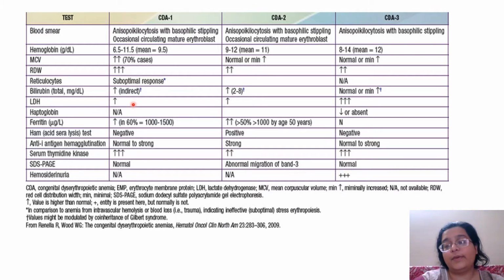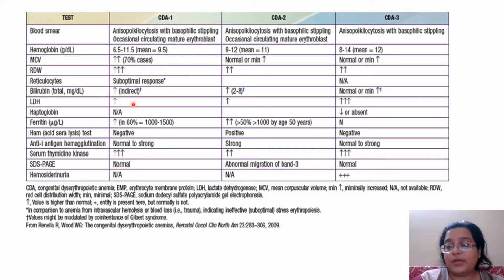And always, whenever there is dyserythropoiesis in the erythroid lineage, the erythroid cells die. And when they die, LDH is raised. Okay. Haptoglobin, it is not iron deficiency anemia, so we will not discuss that. Ferritin might be raised because of two causes. Mainly when there's anemia, you are giving them iron treatment when the person does not need iron. So that is one cause.